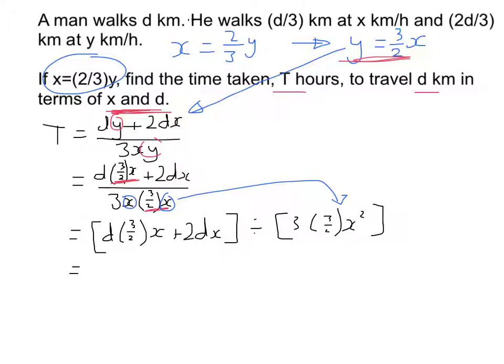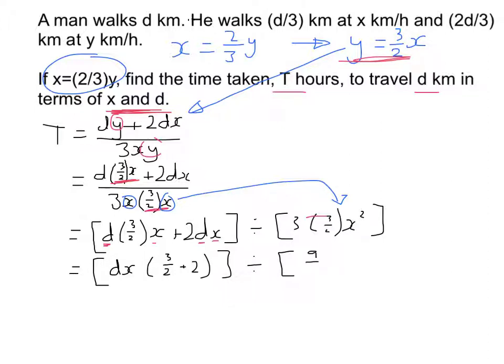If I look at the top line, I notice that d is common to both terms, as is x common to both terms, so I'm going to factorise that. dx is common, and then I'm left with 3 over 2 plus 2 for the top line, and then this is divided by the bottom line, and I go 3 times 3 is equal to 9, so this will be